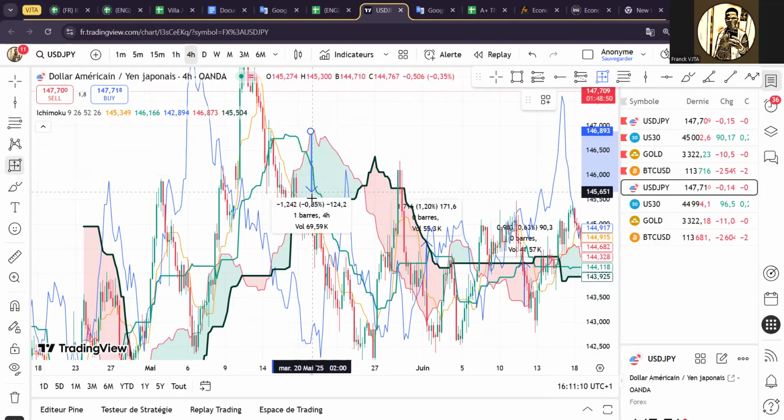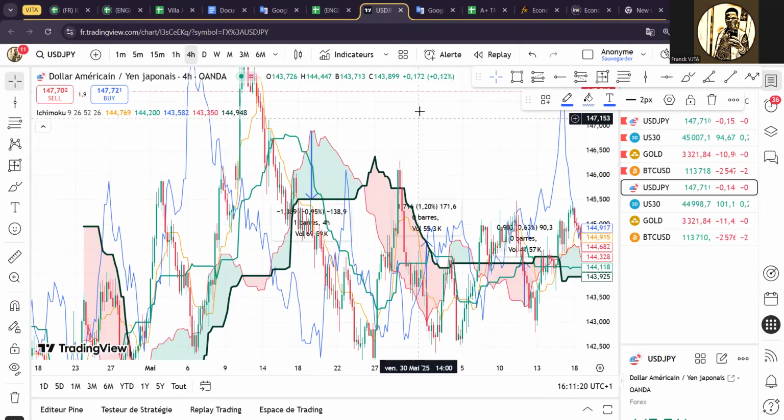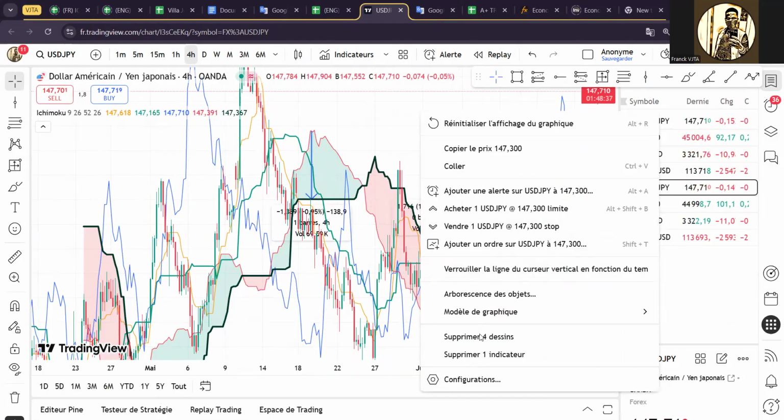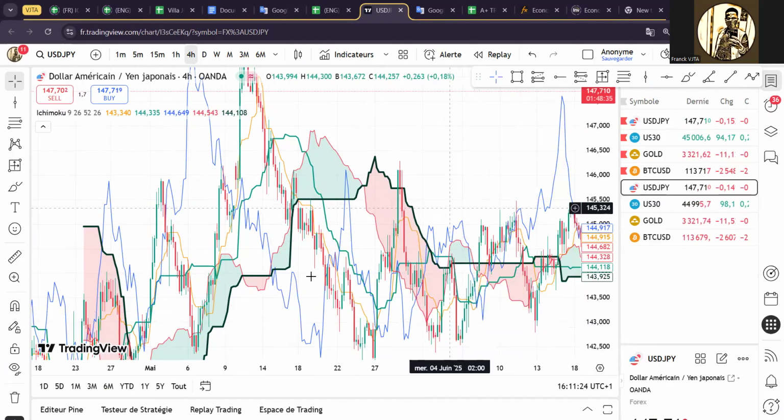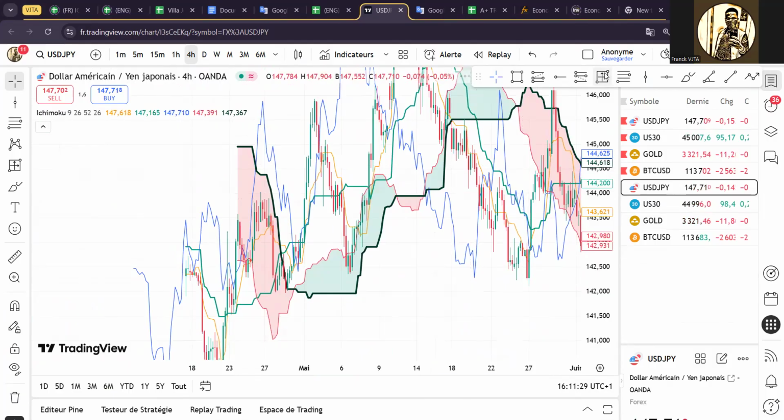Then this one, 140. That was reversal pips. But for continuity, let me try to look for continuity for small reversal. For reversal, then